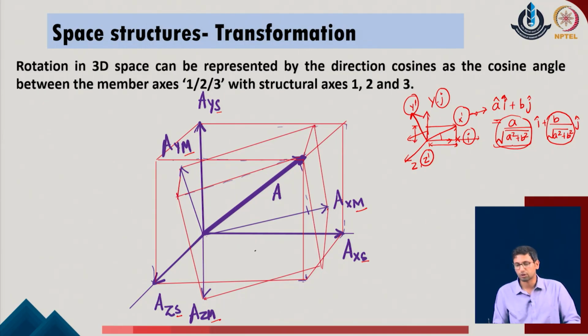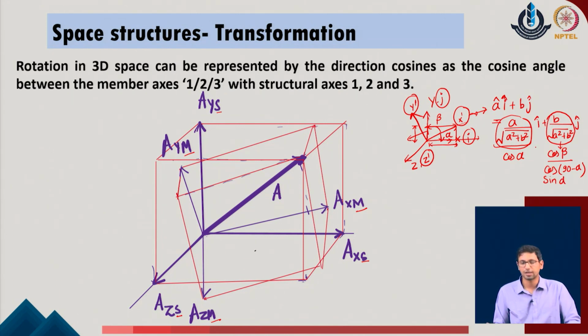As they are defined with respect to the unit normal or unit length of the given system, we can represent this as cosine of alpha, which means the angle between the direction of the system and the original x axis is alpha. The second term I can define in terms of the cosine angle again, but between x prime and the y axis of the given system. I can call it beta, so it will be cos of beta. That cos beta comes out as cos of 90 minus alpha, which eventually we write as sin alpha for the given problem.